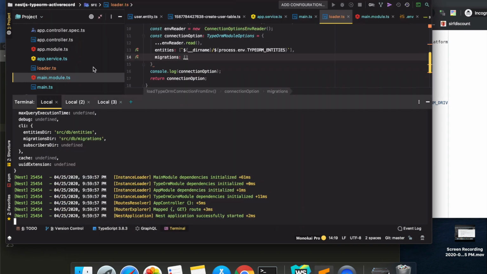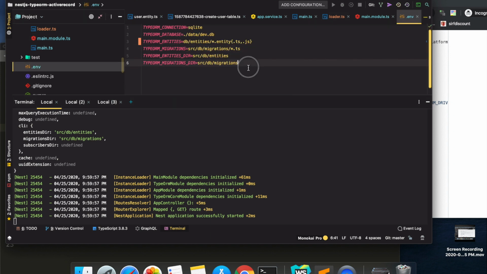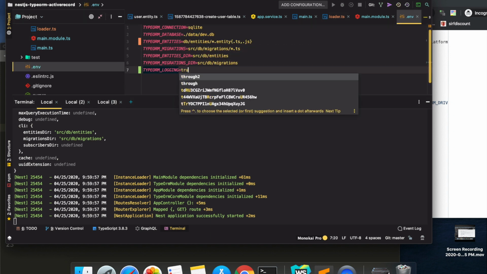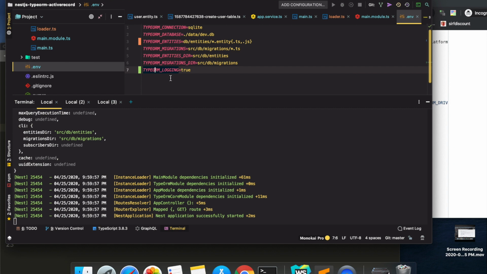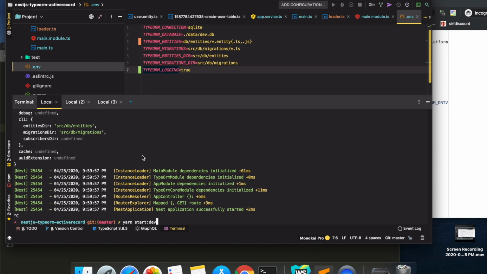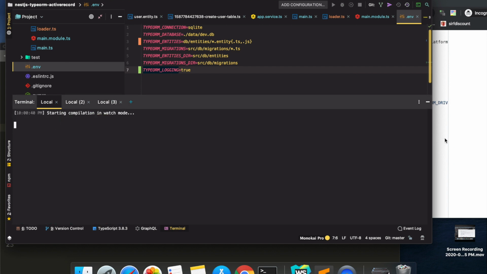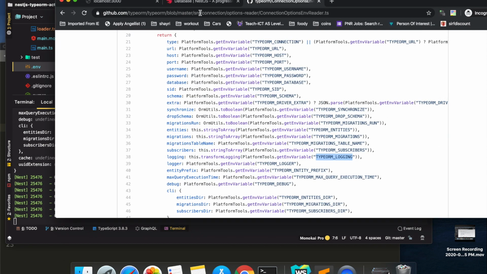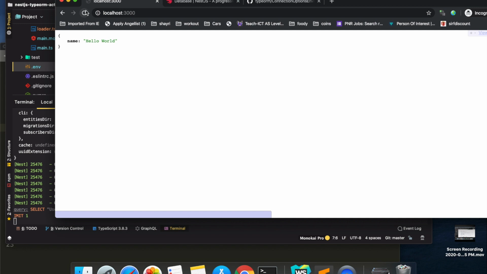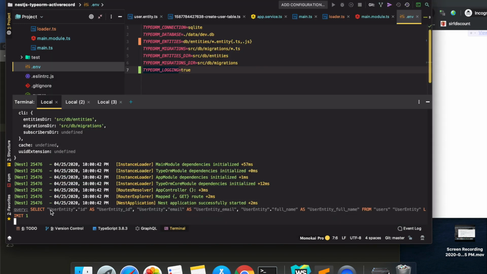So we just go to the env file. When we change the env file, it does not reload, so we have to restart this. So see, it made a query, select user entity from users limit 1, right? Because we have done findOne.